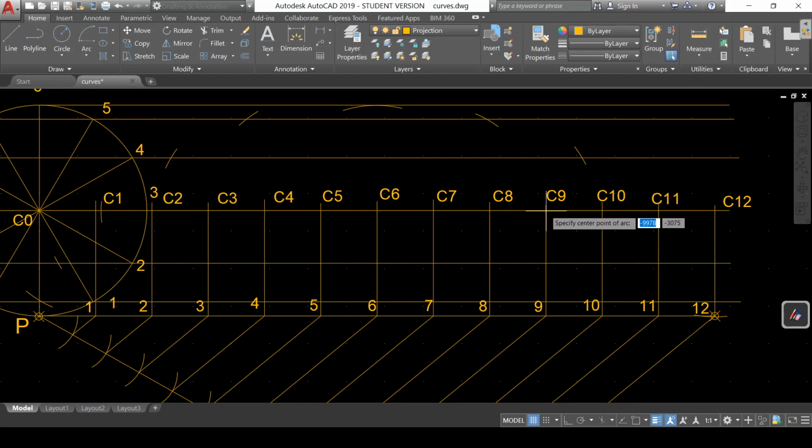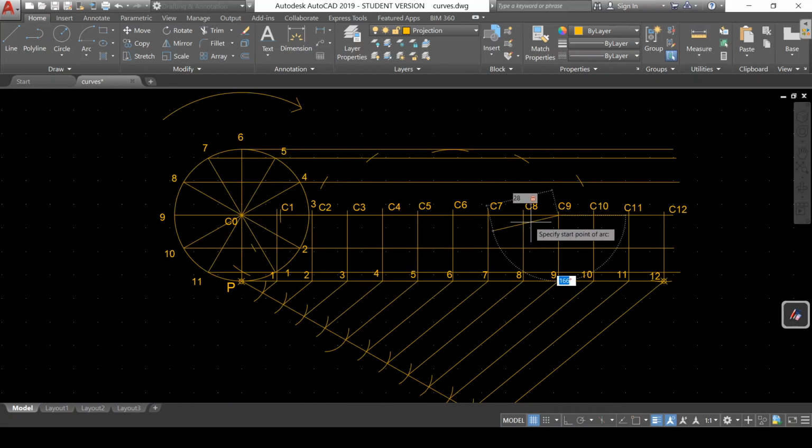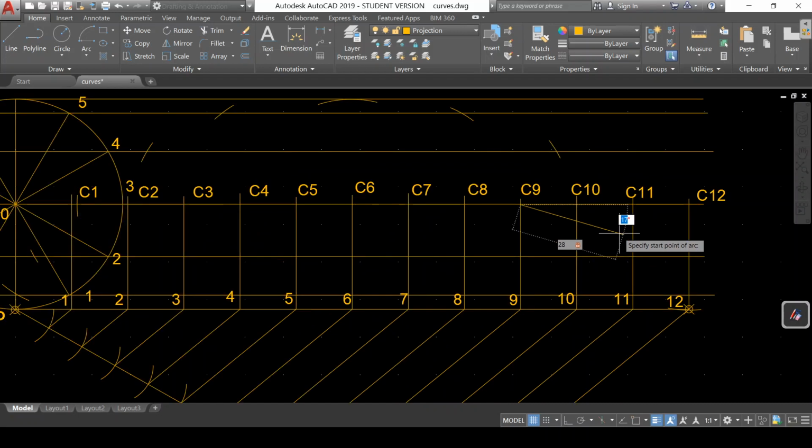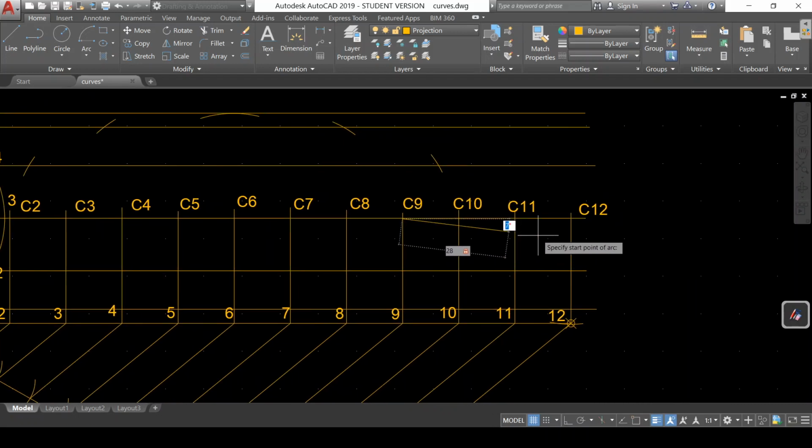Then C9, and locus of 9. Locus of 9 is same, the center line only. So this is that point. Then C10, locus of 10,